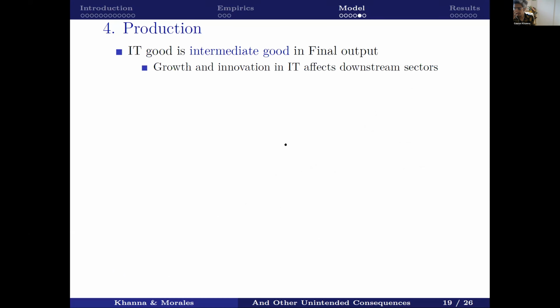And then what's important is that you have this kind of production. So for instance, the tech sector is actually an input into other sectors. But what do you mean by that? Well, what we mean is, automobile production actually uses a lot of software today. Banking uses a lot of software today. So when there is innovation in the information technology sector, it actually raises the productivity of the automobile sector. Our cars are better. It raises the productivity of the banking sector, because software is an input into all these sectors, right?